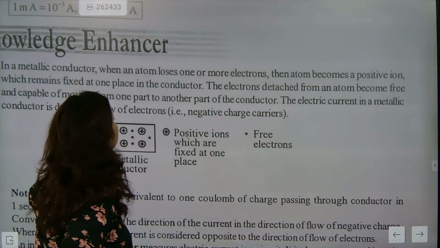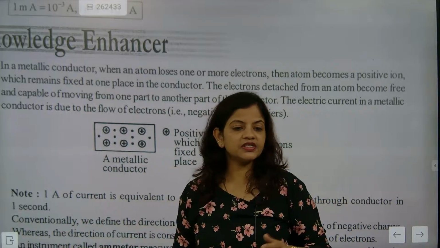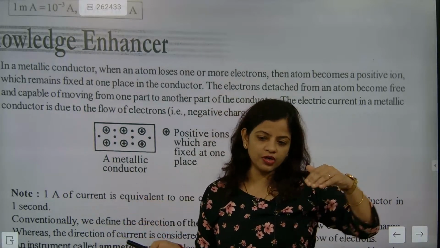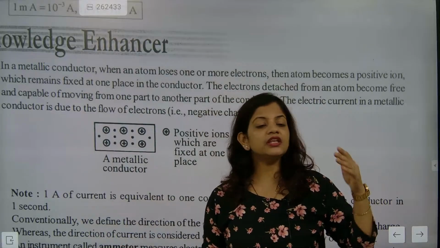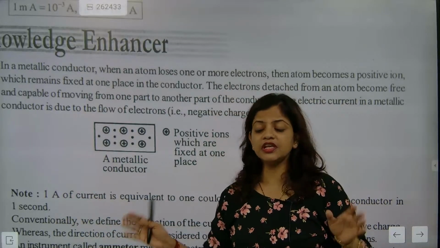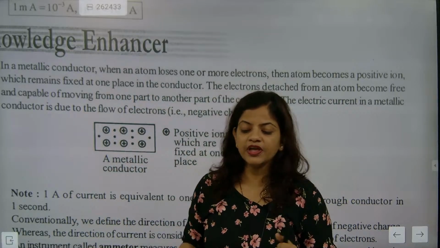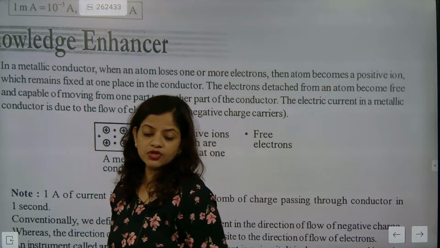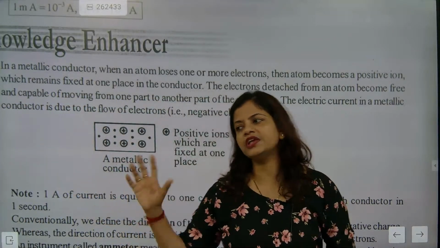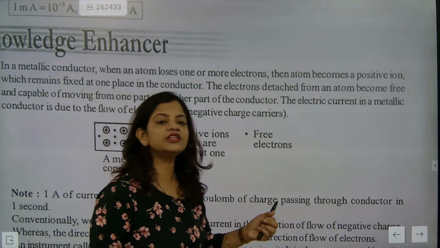So now look here. When we were studying, we understood a very important thing that the ions are present. How are the ions formed? Because the atoms are leaving the outermost orbit electrons. Once they are leaving the electrons, what are they making? Ions. And these electrons are moving in zigzag motion. These electrons are moving in what motion? Zigzag motion. And when these electrons are moving in zigzag motion,